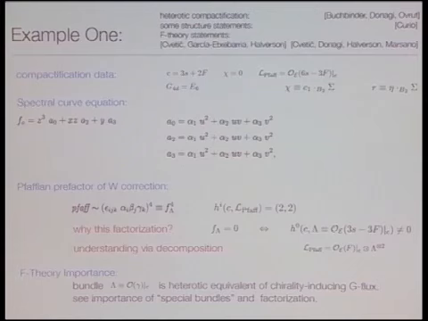So the compactification data is given here, and since I only have 5 minutes, maybe I'll skip right to the example. You can see that the prefactor computed here is a function of these alphas, betas, and gammas. These are the things that appear in the spectral curve equation above the curve sigma that governs the 7-brane intersections with the instanton. So these explicitly are the ones that govern the structure of the singularity enhancement in the instanton world volume.